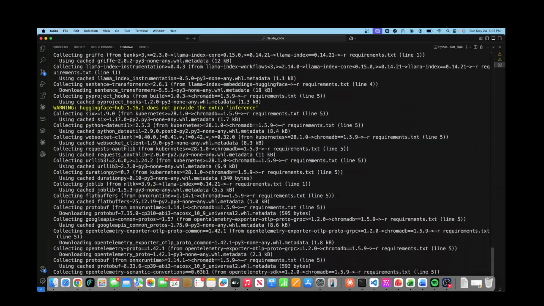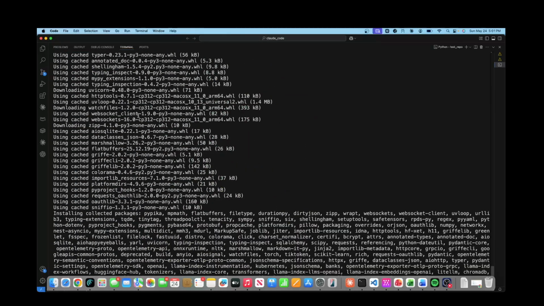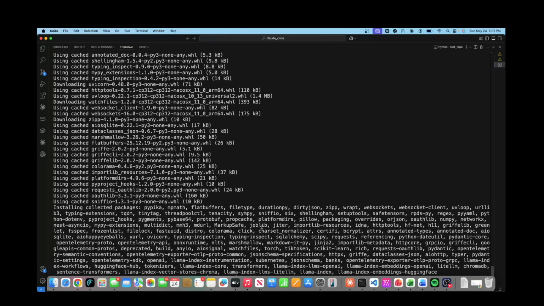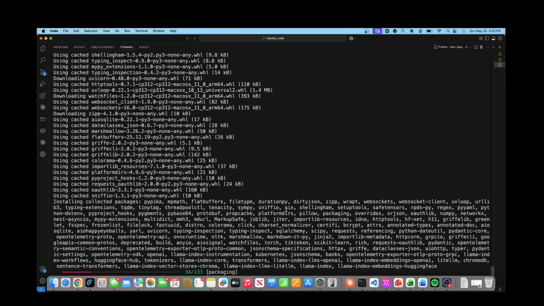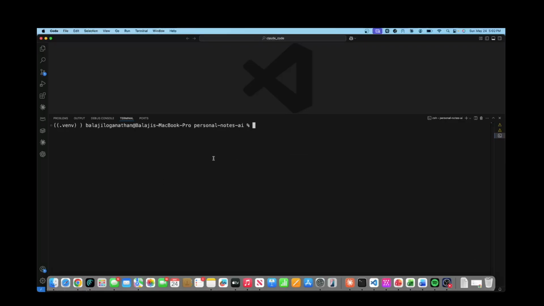And as you can see, all the instructions and everything is present. Still packaging. This can take some time. So once it's completed, then you can, yeah.